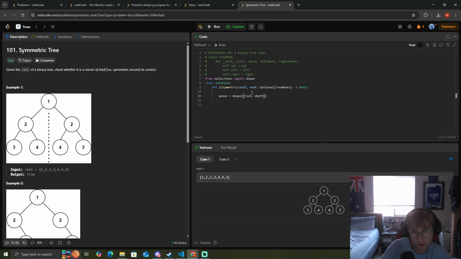Our depth, and 1, because 1's our depth, right? Length is equal to the length of q, right? And we want to loop with a for loop, so we do for i in